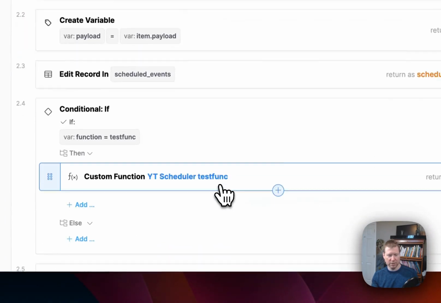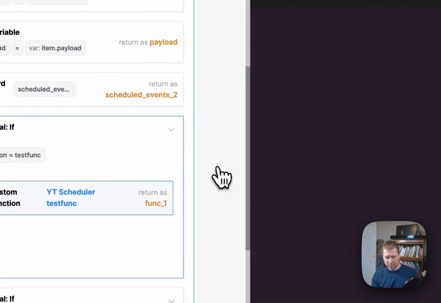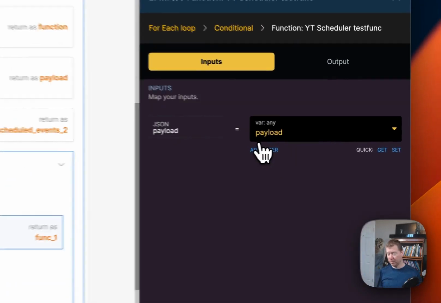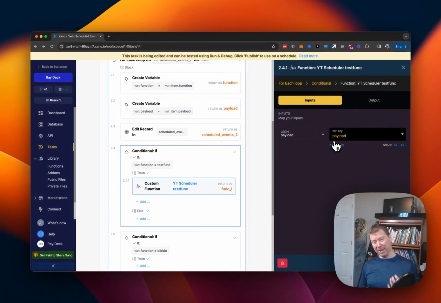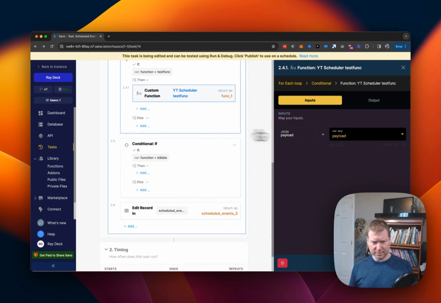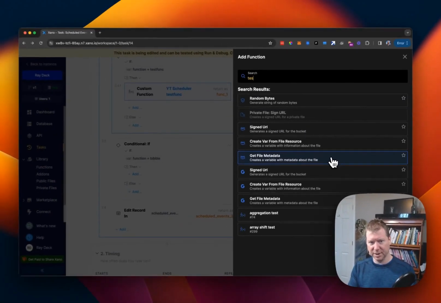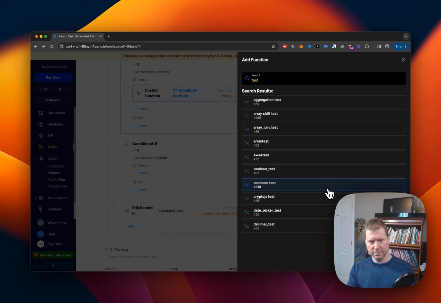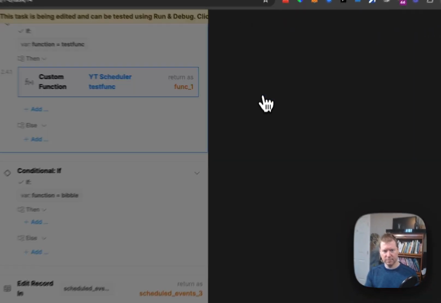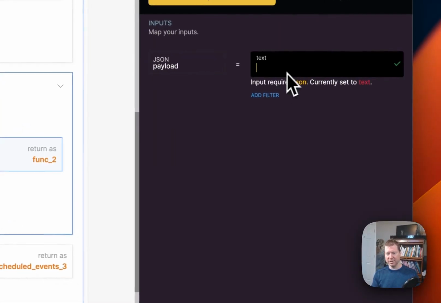Right? So here we will just say, by knowing I'm always just passing one argument, the argument's a payload, by making it a flexible thing like JSON, makes it super easy to work with. And then I would just take the same structure here, right? I can just basically call it as if it were the same thing. In fact, I'll just probably say it's just test func again. Right? And then, pass the payload,